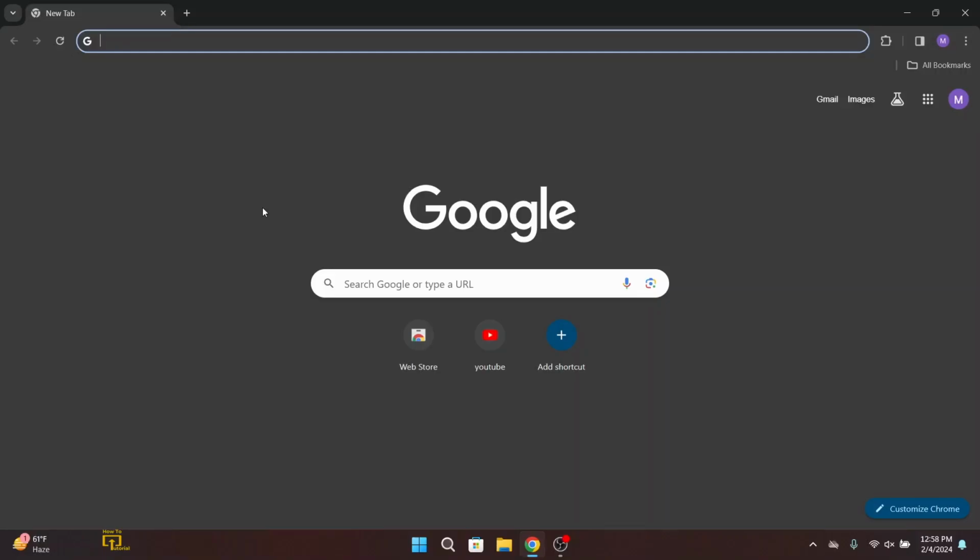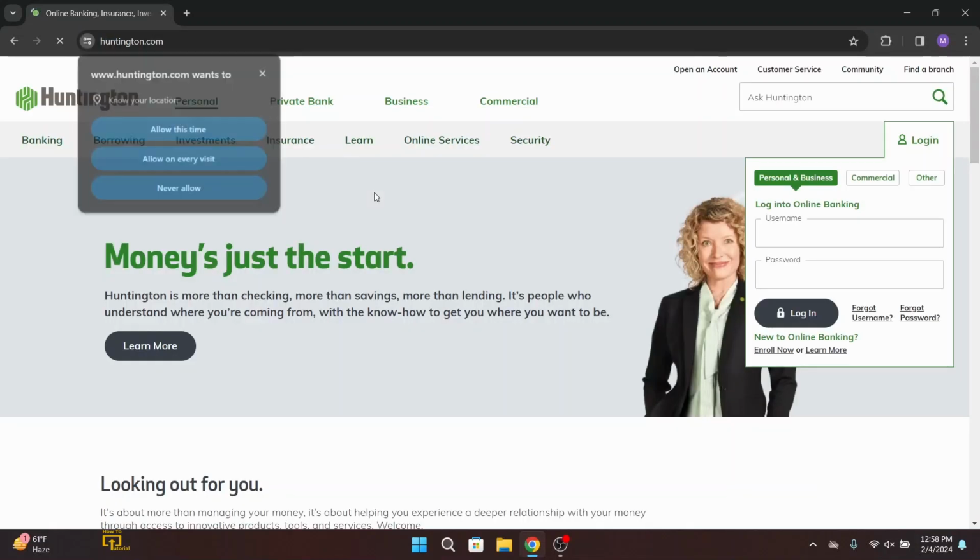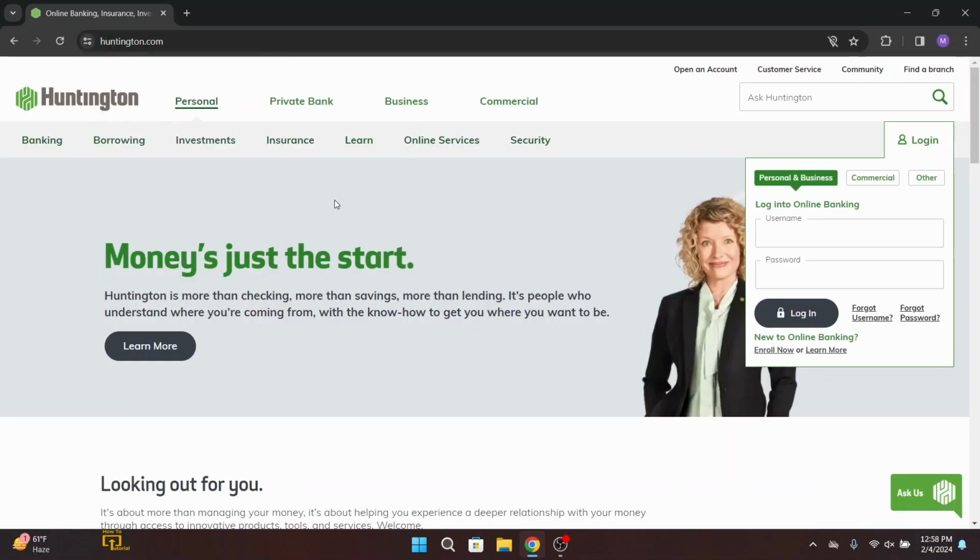First of all, on your desktop, open up any web browser that you're comfortable with. Here, I'm going with Google Chrome. Now, on the search URL, type in huntington.com. Then press enter on your keyboard. That will take you to the official website of Huntington, from where you will be able to log into your